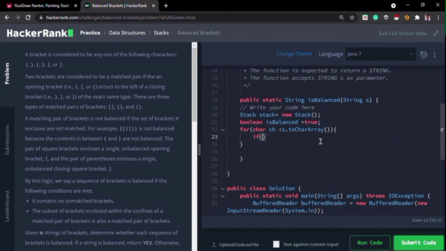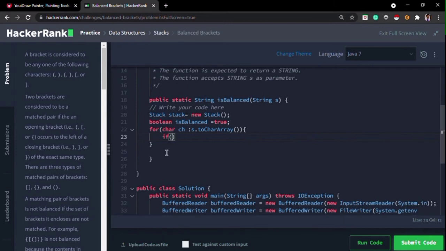As we have already discussed, whenever we encounter any opening bracket, we are going to simply push it into the stack, and whenever we encounter any closing bracket, then only we are going to pop the same type of opening bracket from the stack.